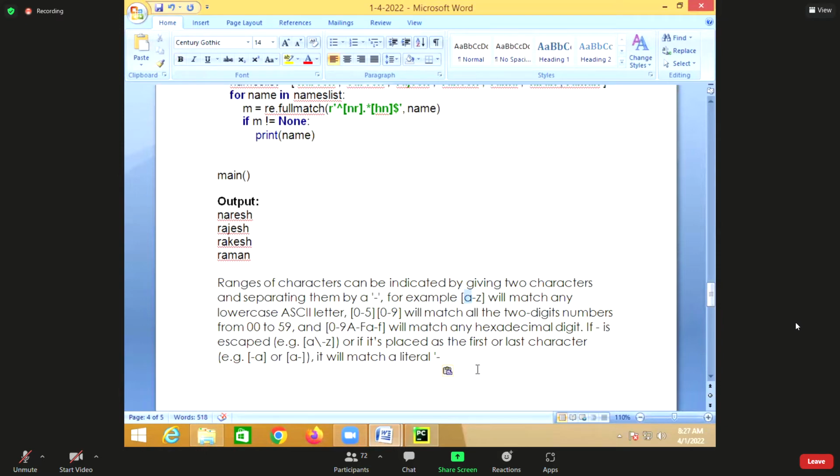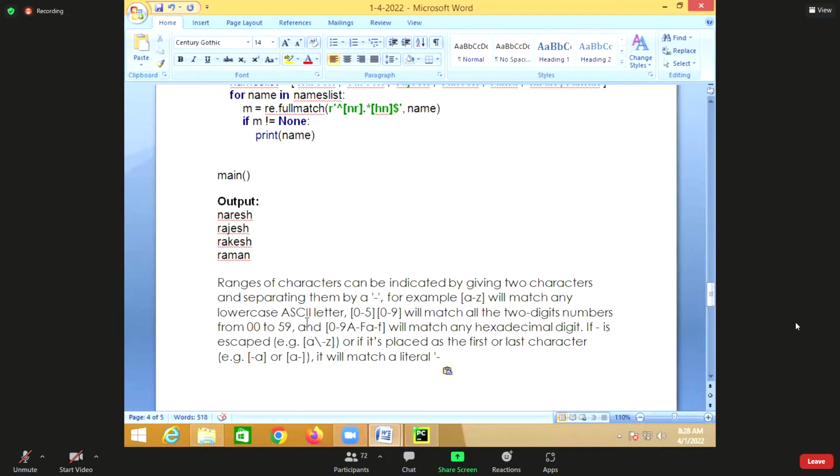For example, if I'm writing A hyphen Z, it means A to Z, all the alphabets from A to Z. So a range of characters can be indicated by giving 2 characters and separating them by a hyphen. For example, within the square bracket, a to z will take all lowercase letters, a, b, c, d up to z.